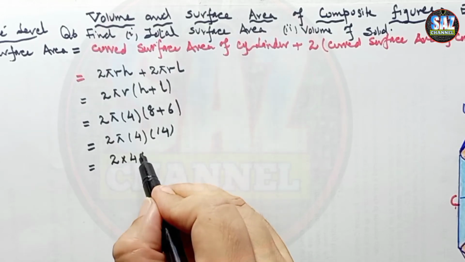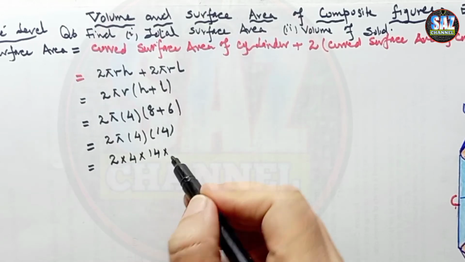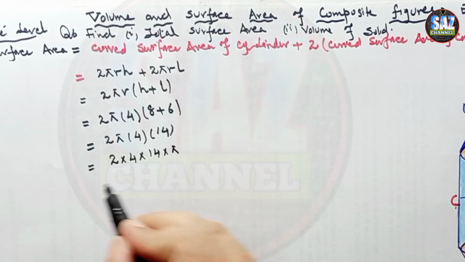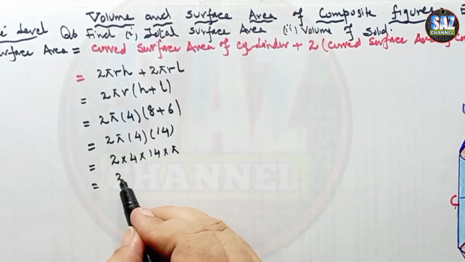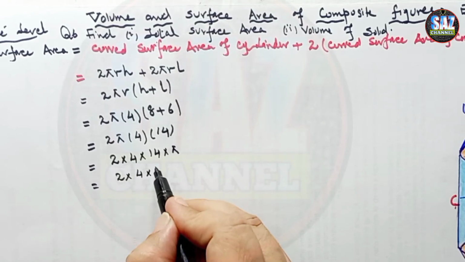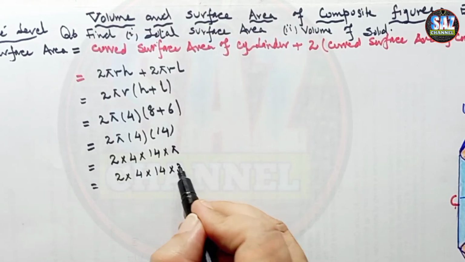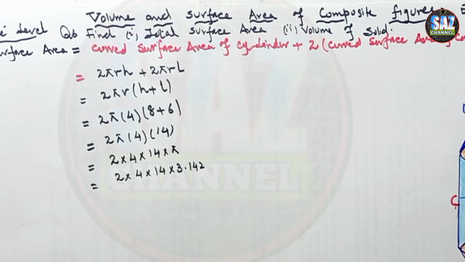2 times 4 multiplied by 14 multiplied by pi, and pi has a value 3.142. Now what I have to do, I have to multiply. 4 times 2 is 8. 8 multiplied by 14 multiplied by 3.142, and this gives me